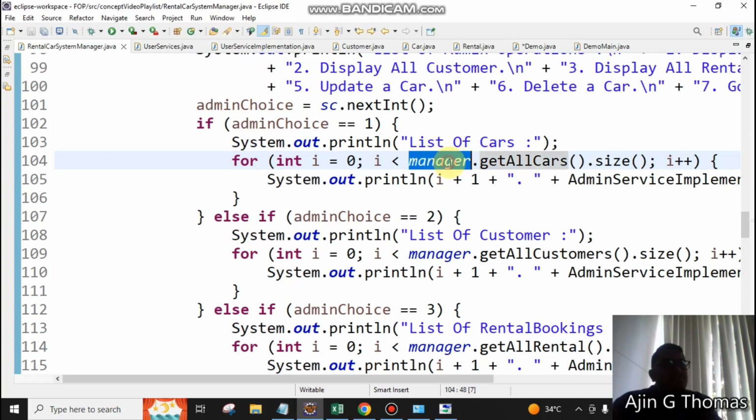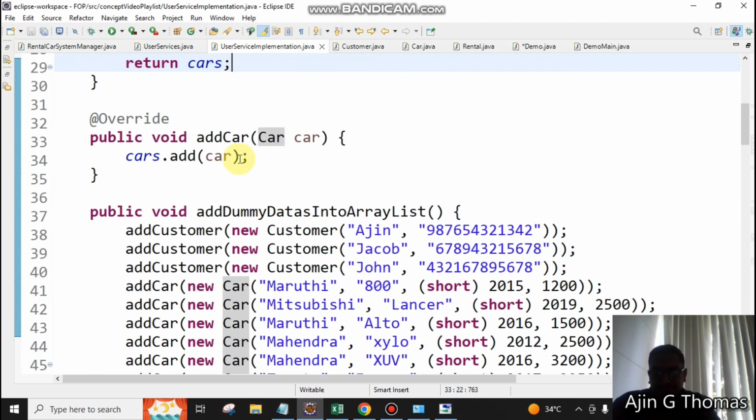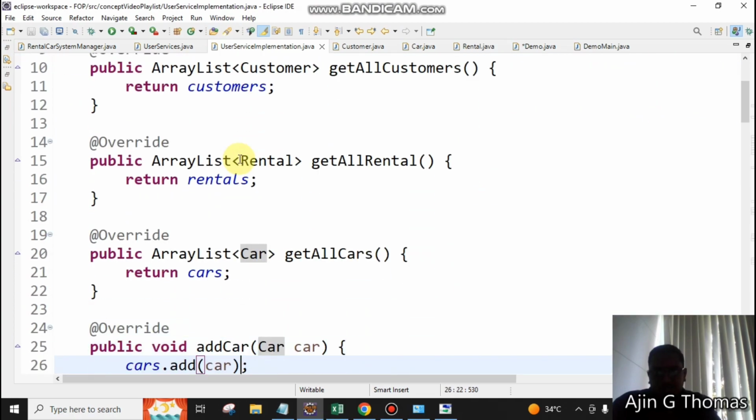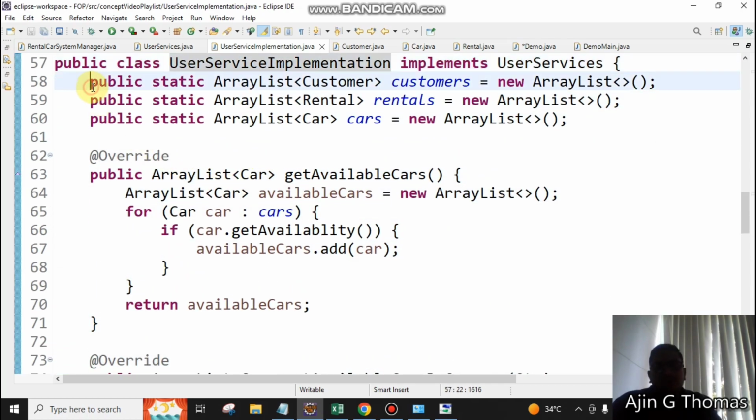So what I am doing is manager.getAllCars. Because it is private data, I think, right? Where is the array list? Okay, these are all public. If it is public, then I can